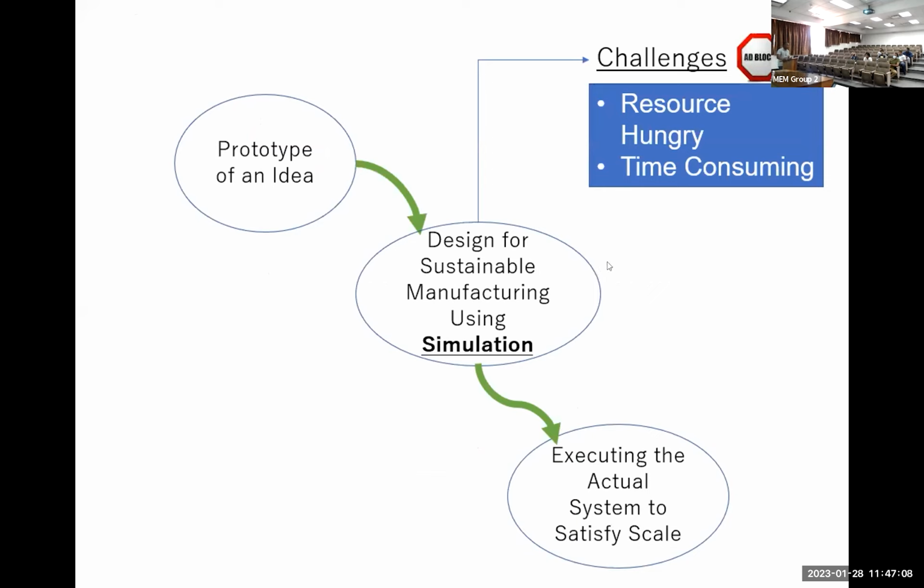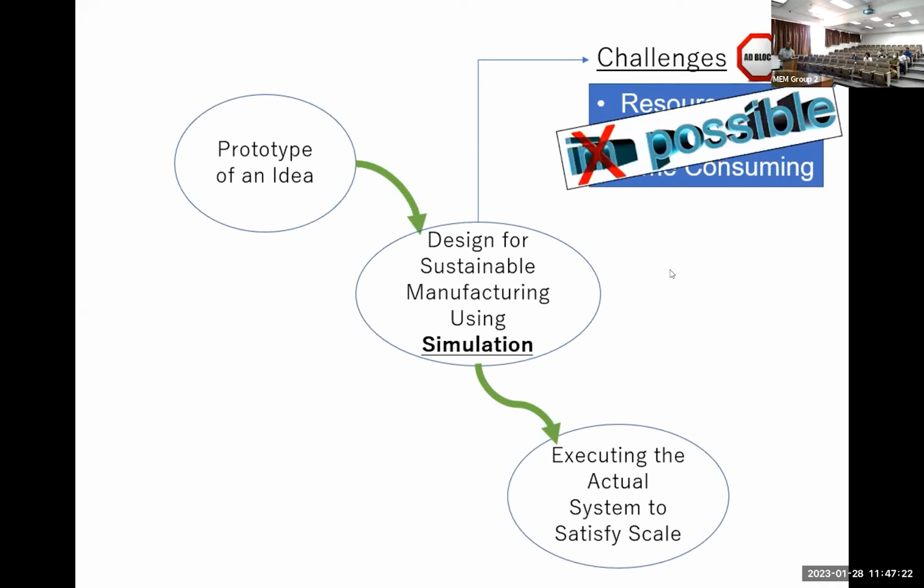And as a result, the challenges, and of course there are many more challenges, but generally these challenges, resource hungry, time consuming, and cost, it is no longer as challenging. It may not be as impossible, because by using simulation, you're going to see very shortly a demonstration of this application. We're essentially making it relatively easier, right? Albeit there may be some thoughts and different prerequisites that we may need to enact this, right? But we're essentially making it less impossible.